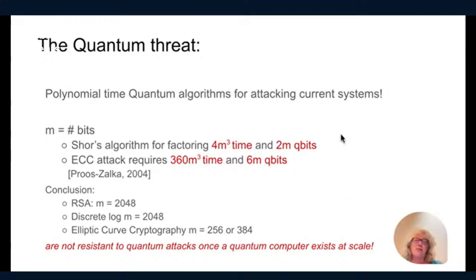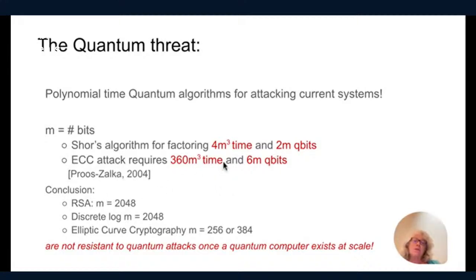So in the last part of my talk, I'd like to talk about the follow-up. With the advent of quantum computers, in the future when we have full-scale quantum computers available, they will undermine the security of elliptic curve cryptography, to put it bluntly, or to put it lightly. So the quantum threat is that there are polynomial time quantum algorithms for attacking elliptic curve crypto. And if m is the number of bits, so for example, for 256-bit ECC, m equals 256, you can see that